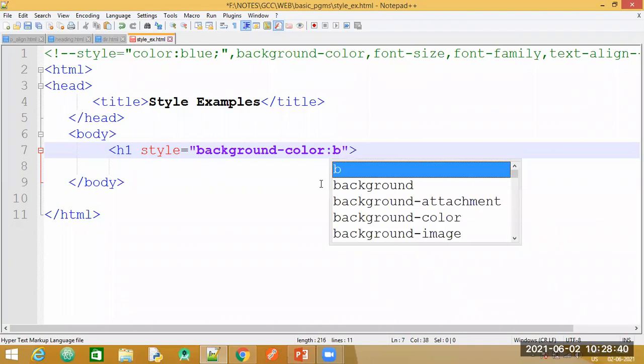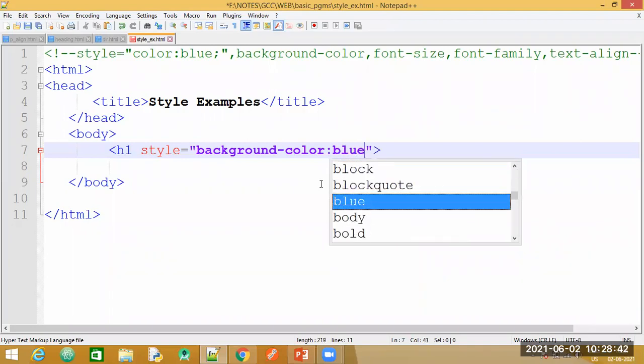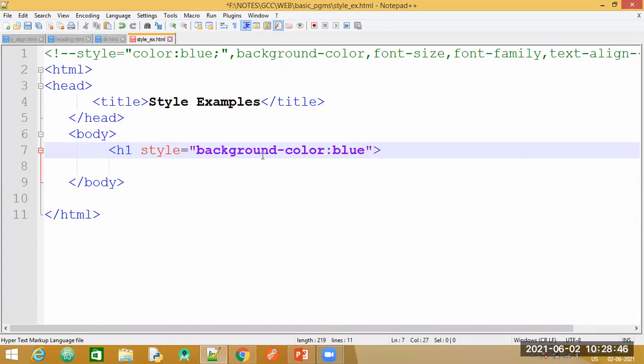So if I say the color to be blue, so the value for this background color property, which is a part of the style, will be applied as blue color. In the double quotes only I'm going to specify this entire property and this particular value. The value here is blue. For that you need to separate it with the help of a colon.